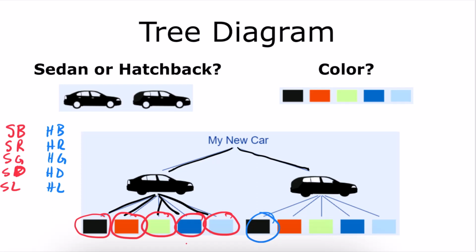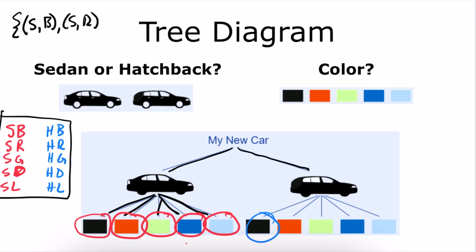product, because this list of choices right here is basically the same information as if you had a set that had the ordered pairs of a sedan that's black, or a sedan that's red, and so forth. And so a choice tree diagram can be helpful for visualizing the Cartesian product. And you probably don't want to start with this when you're first teaching kids multiplication. It would be better to do it as repeated addition or a rectangular array. But this can be a helpful additional way of thinking about it once students kind of have a basic idea